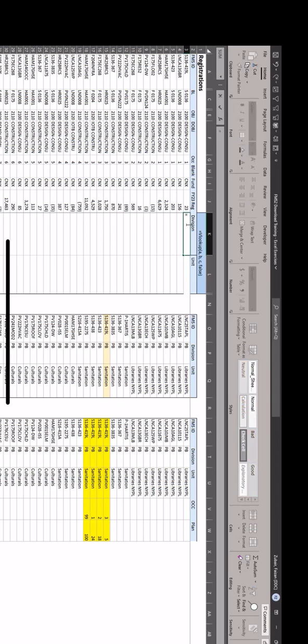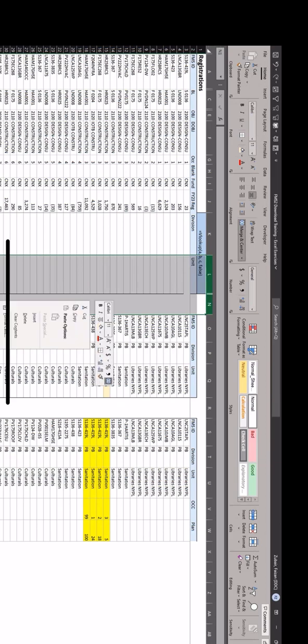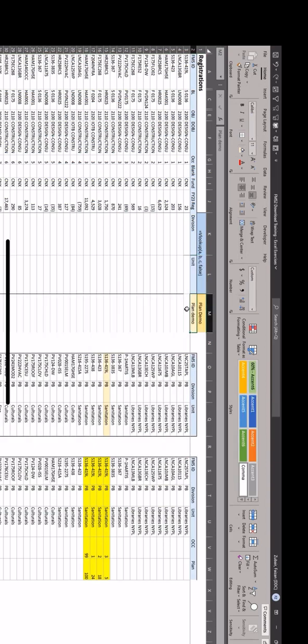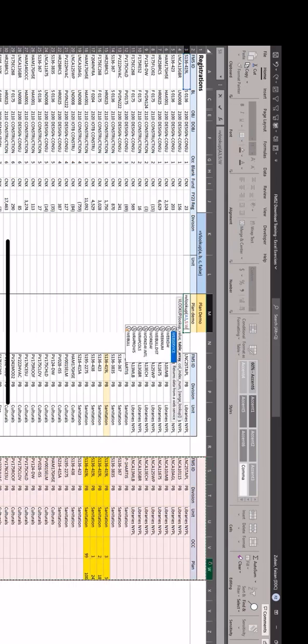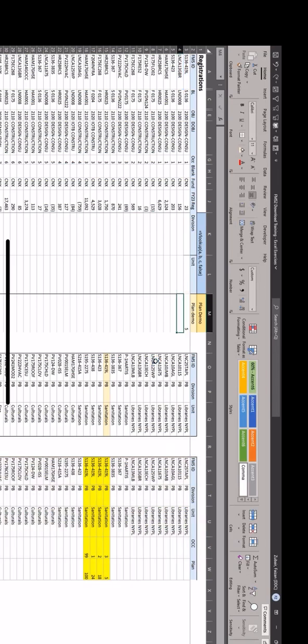But if I use a VLOOKUP here for the plan amount, VLOOKUP S136, and I use this same array, so it's column 1, 2, 3, 4, 5, and I want to pull in what's in column 5 for the plan amount, false,